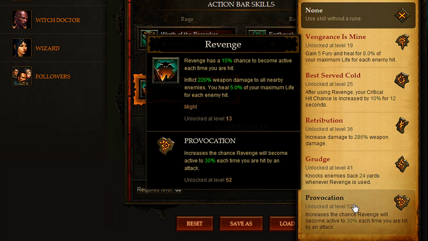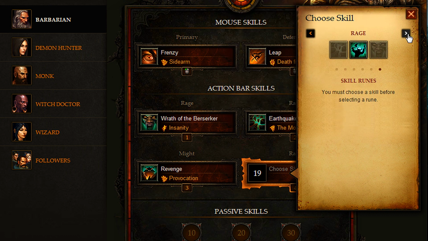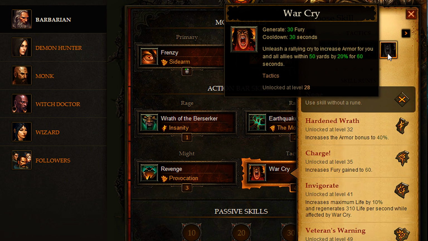This will increase the chance Revenge will become active to 30% each time you're hit, which will double the amount that you can use Revenge, and it'll really increase the effectiveness of Revenge. So you definitely want Revenge with Provocation, so put that on, definitely use that. Now as the last ability for Act 1 and 2, I use Warcry, and